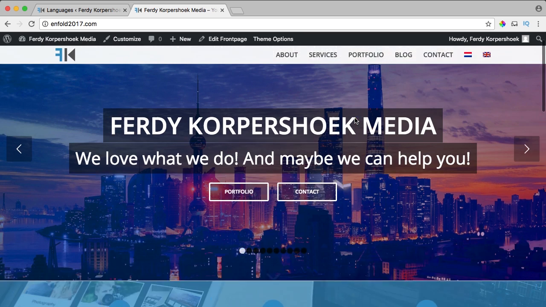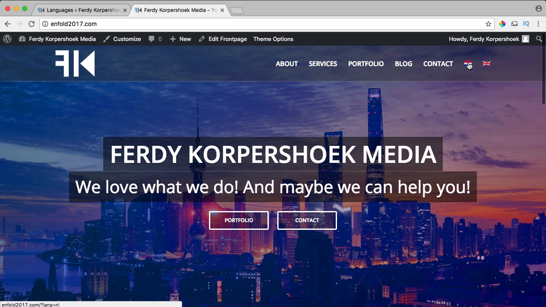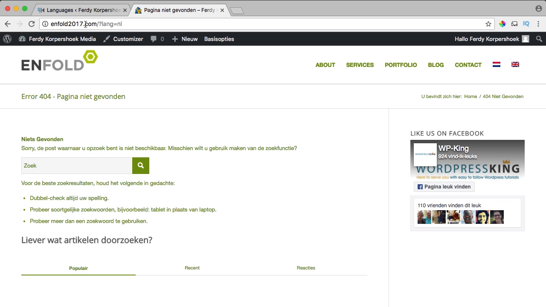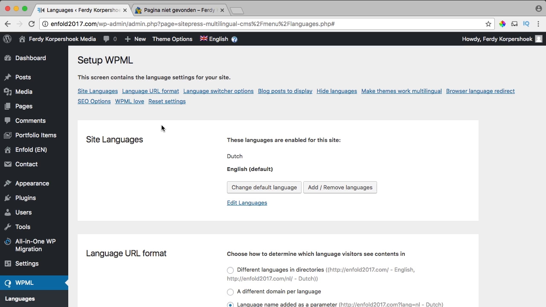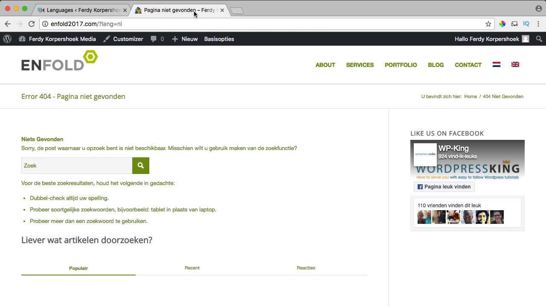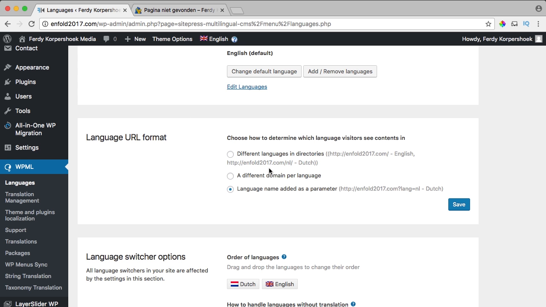I have not translated anything yet, but if I click over here on the Dutch flag, it says enfold2017.com/language Netherlands, and it says page not found. So something is not going right, and that's why we need to configure a few things. And I go over here to language URL format. This is very important. Right now it says !language NL. I want to keep it clean also, so I want it to be